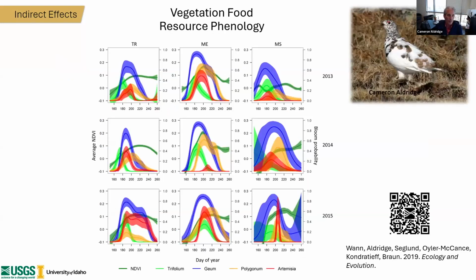So what we've been able to look at is, with an advancing shift in climate and warming earlier in the year, we've been able to track the phenology of vegetation and insects. This is at 3 sites across 3 different years. Sites are on the top and 3 different years down the right side. And these are individual different genera of plants showing when their phenology curves peak.